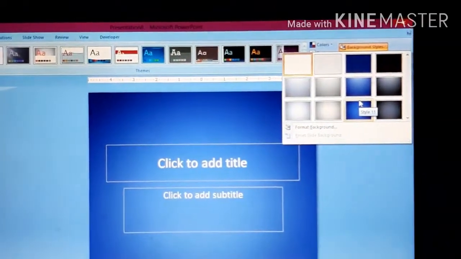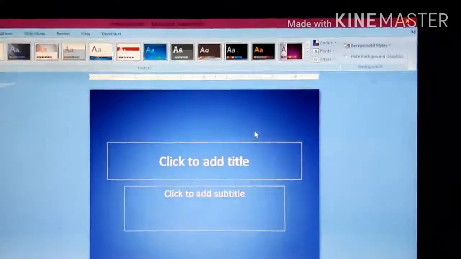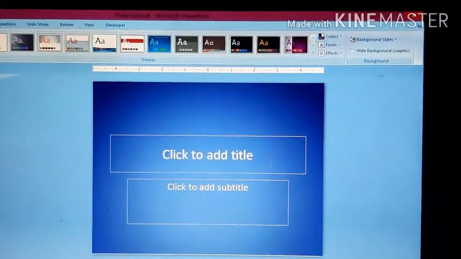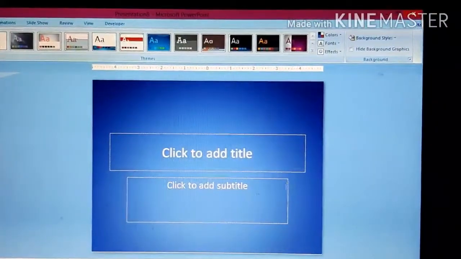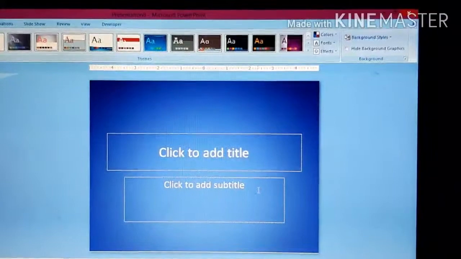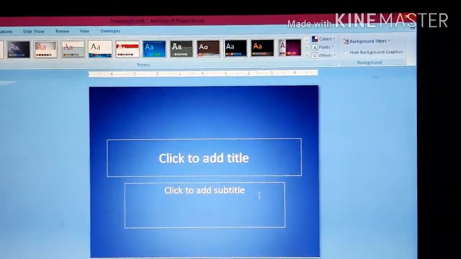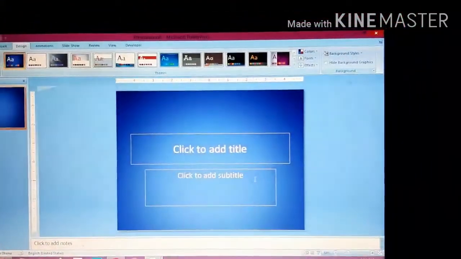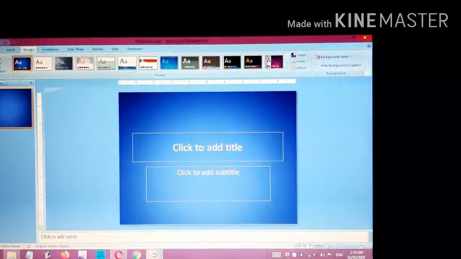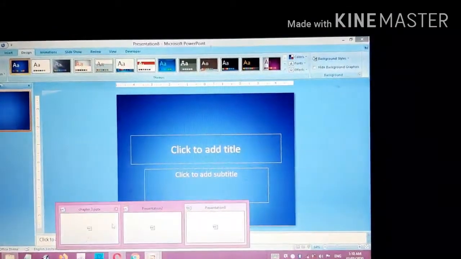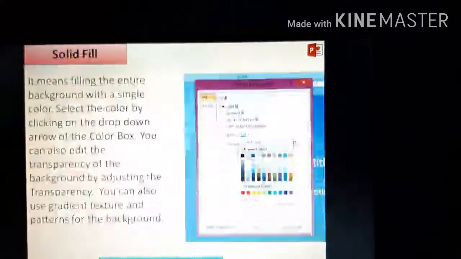Suppose you like this blue color, then click on this. That means this particular background style will be applied on the slide. I hope this is clear. Let's move to the next point. Our next point is